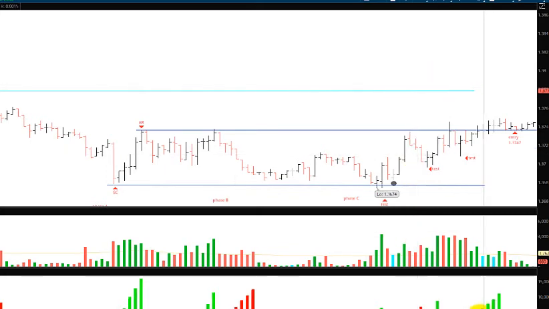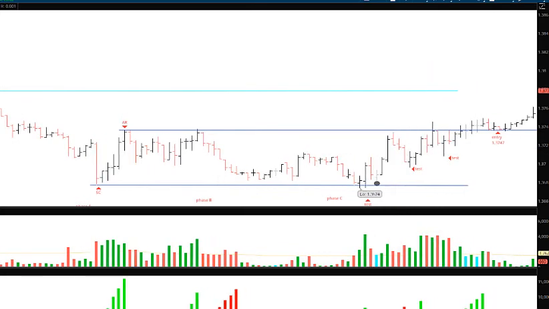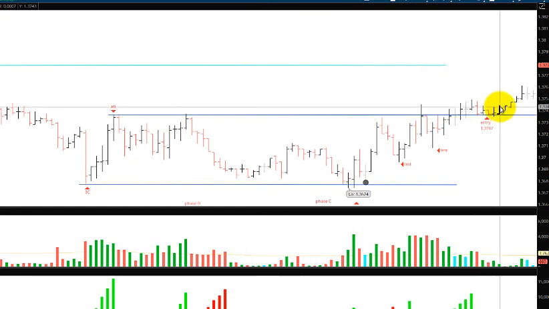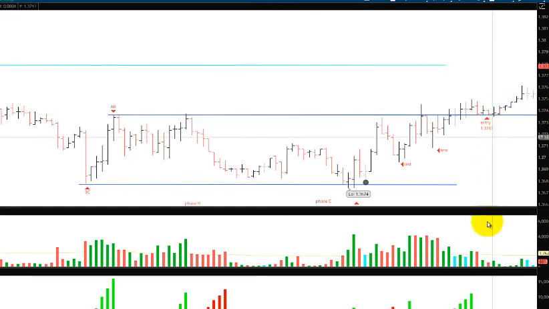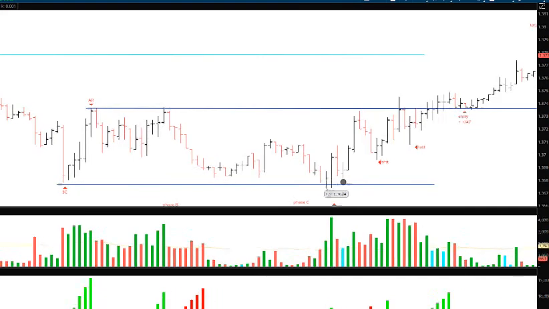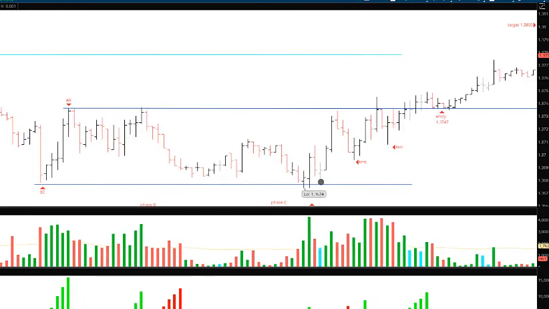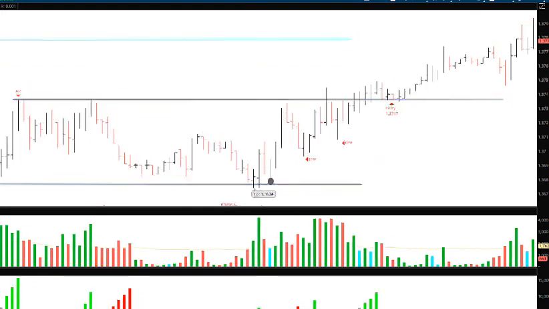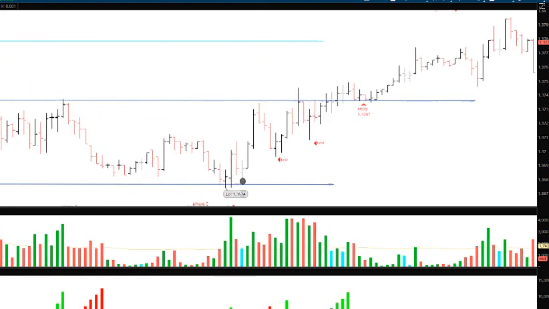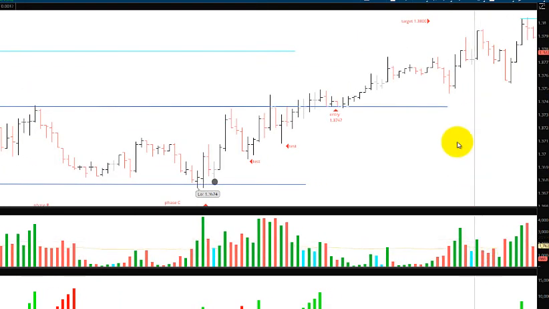So let's take this out a little bit further. And again, point and figure is going to give me an accurate count. And you can see how it's pretty smooth. Price continues to move up a little bit higher. And I'm, for the most part, positive in the trade as it continues to move to the target. And here is my target at 1.3800. There was a slight pullback there. And right here, let me take you to that final step. There's my target. And that's when it hit my target.